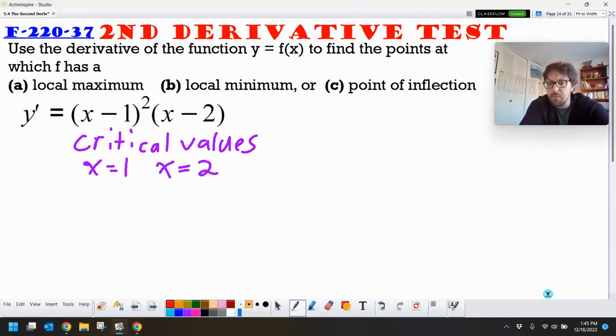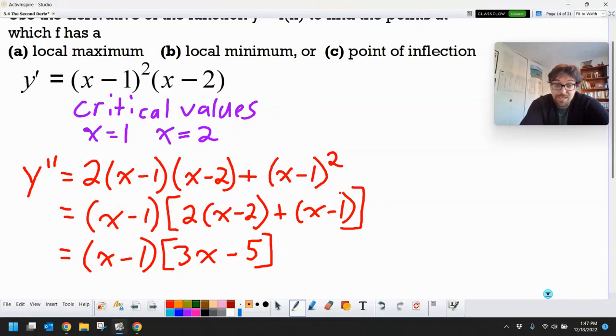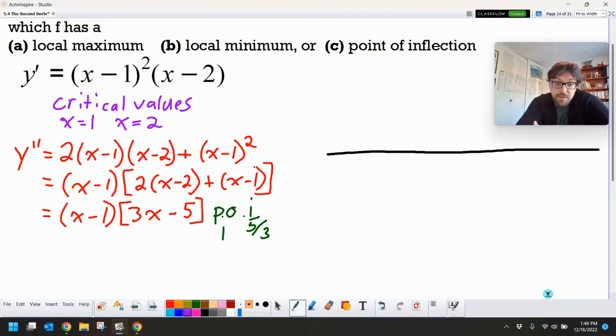I also care about points of inflection. Points of inflection I need to find from my second derivative. So I got to find y double prime. So our potential points of inflection are going to be at 1 and 5/3. So what I want to do now is put all of this information into a sign chart